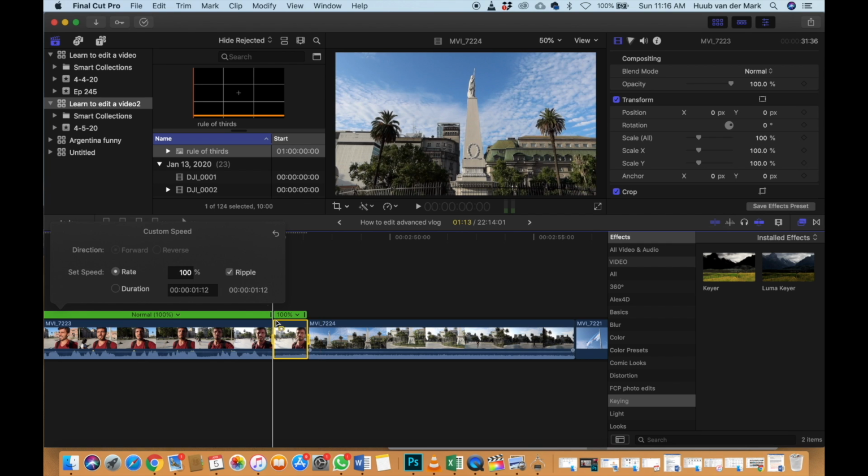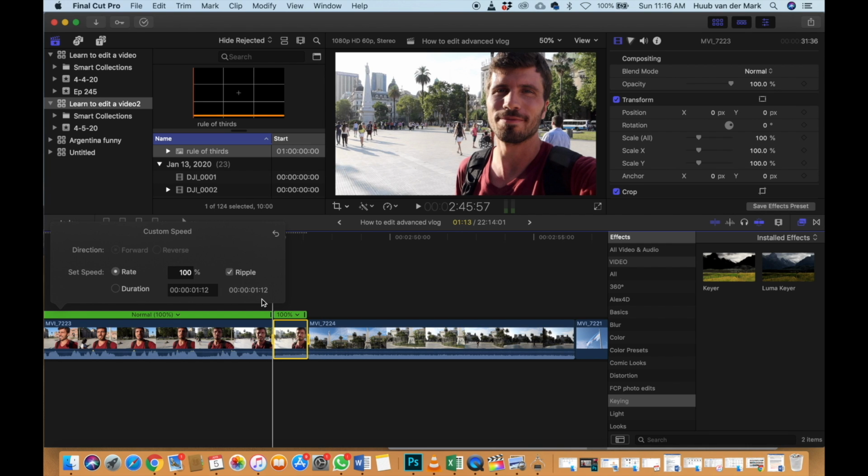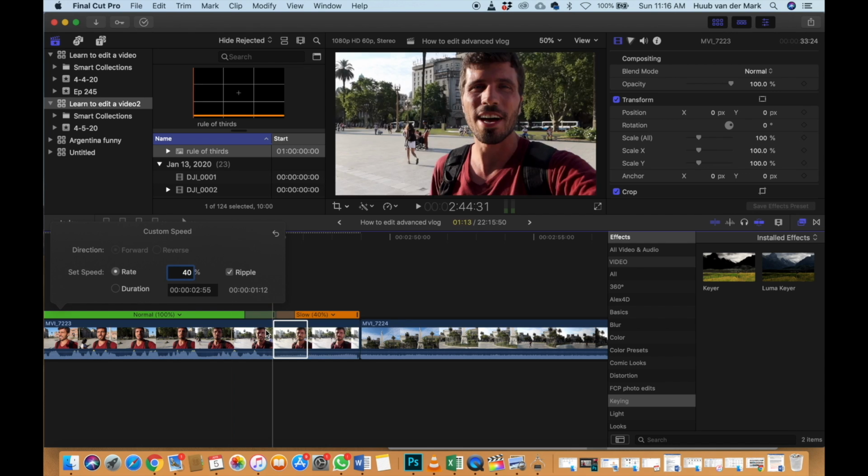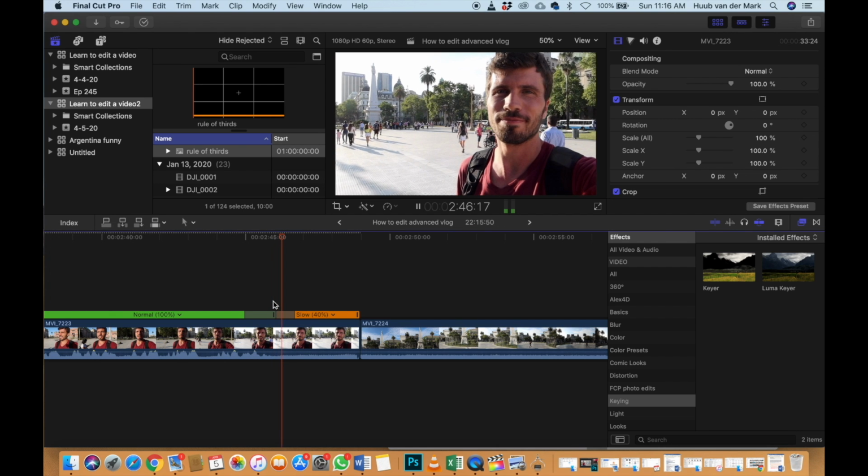And now I can talk about the reason I film at 60 frames a second is because then when I slow it down to 40%, then it basically becomes 24 frames a second. So it still looks nice, the slow motion still looks nice. Because if you film in 30 or 24 frames a second and you slow down, it looks horrible. So now the slow motion,